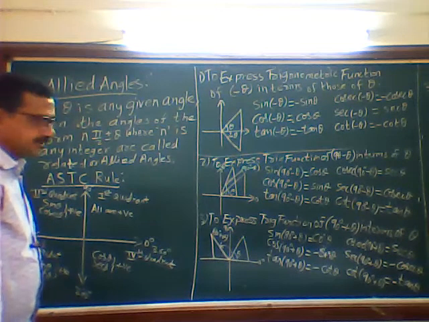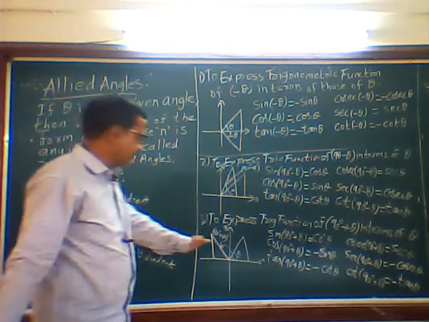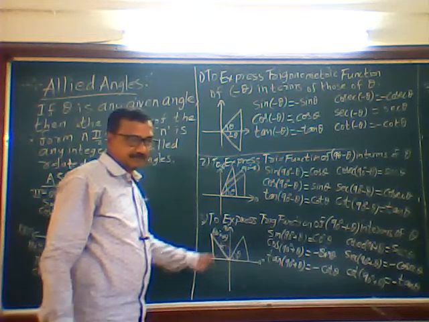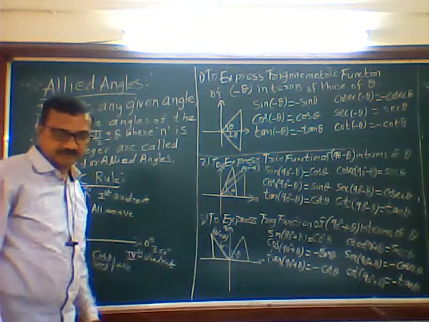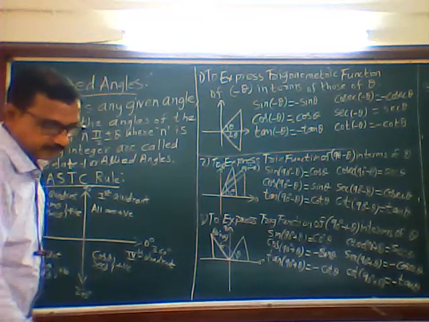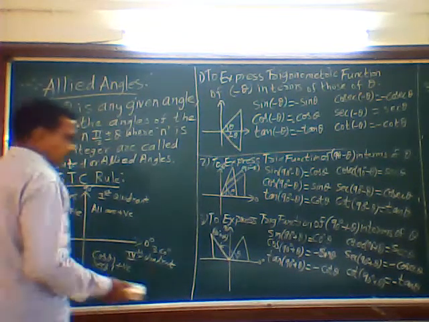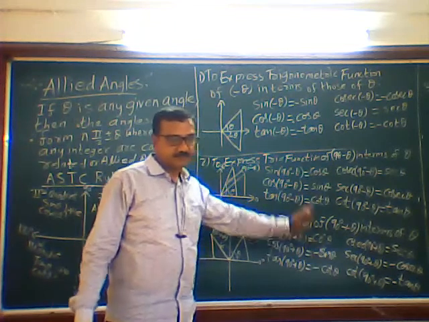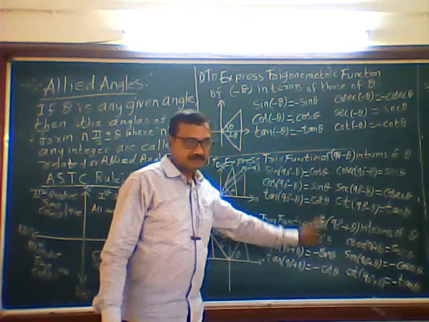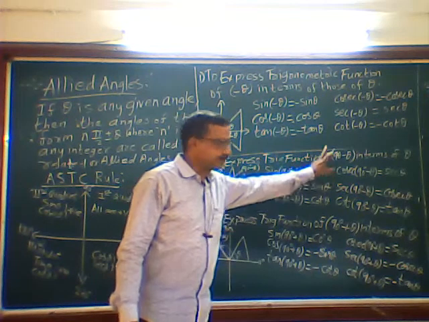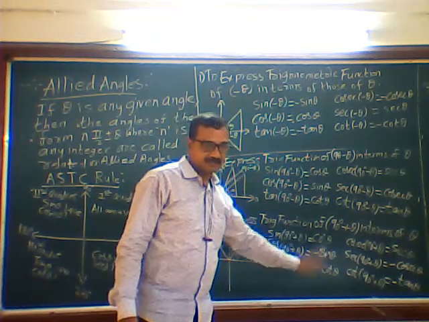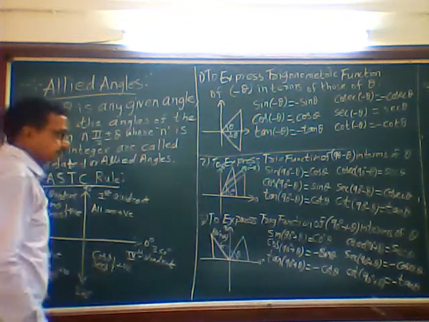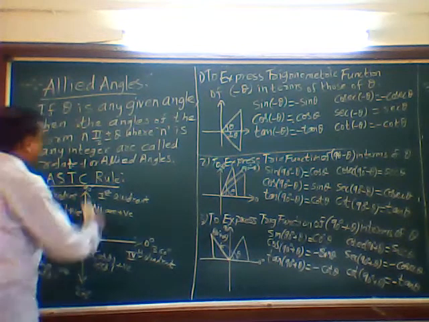So just it is like a theoretical, and in short I am explaining to you in the diagram, just telling the diagram and that's all. Nothing is explained in detail. Okay. Next we will do 180 minus theta, then 180 plus theta, then 270 minus theta, then 270 plus theta, then 360 minus theta, 360 plus theta. Till there we have to do.